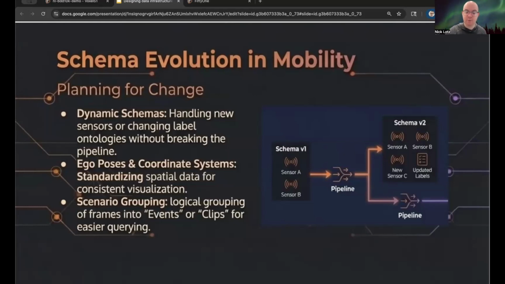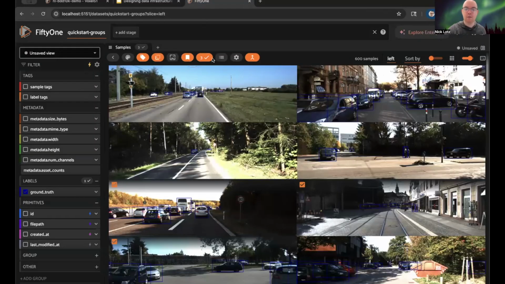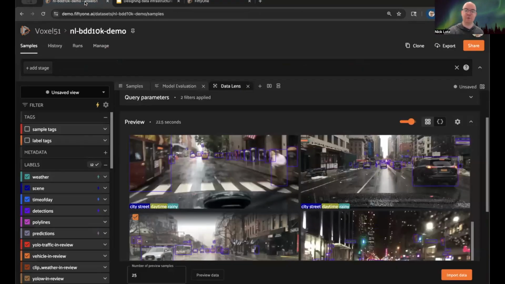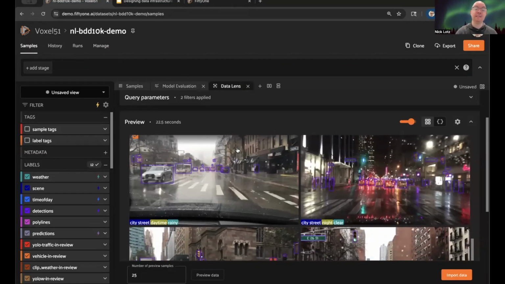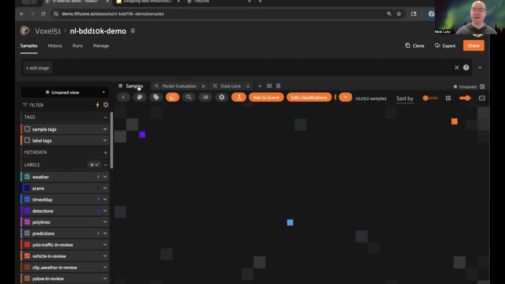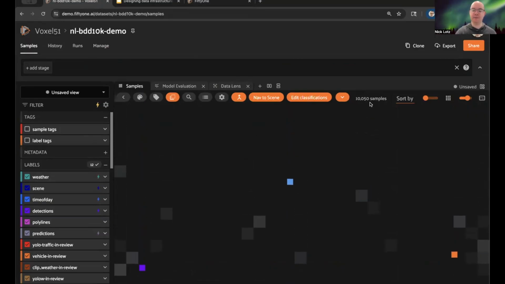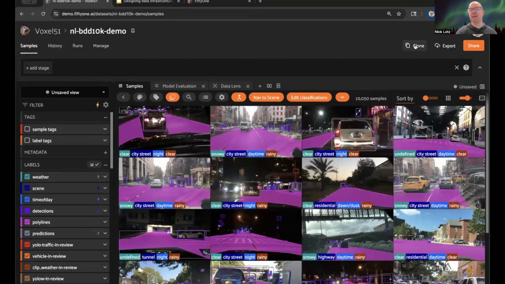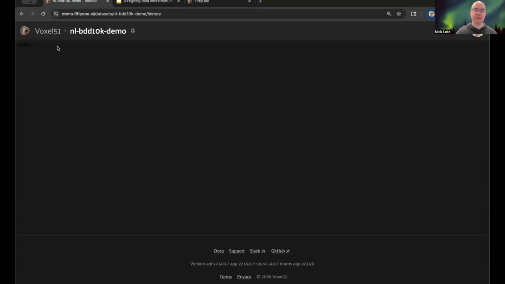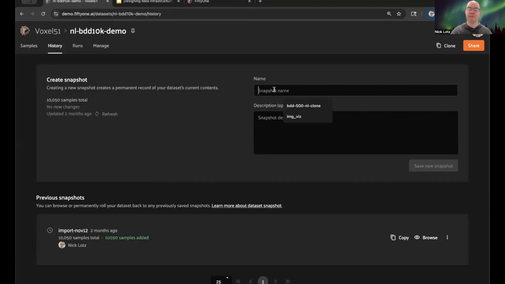So for example, in 51 Enterprise, sorry, this is not an open source 51, unfortunately, but in Enterprise 51, let's say I haven't imported data yet. So my current data set is currently 10,050 samples. What I can do is I could clone the data set, but what I could also do is go to dataset history, make a new snapshot of the data set, call it pre-augment, January 13th, for example. And this just uses DCS under the hood. Save a new snapshot,